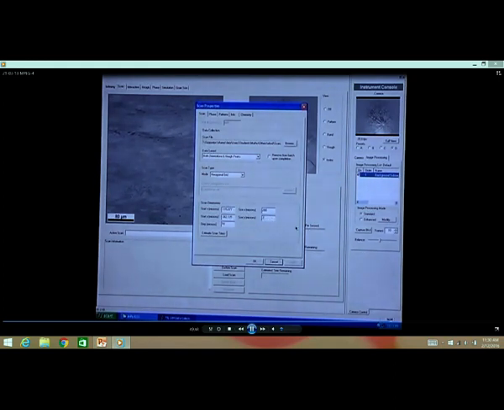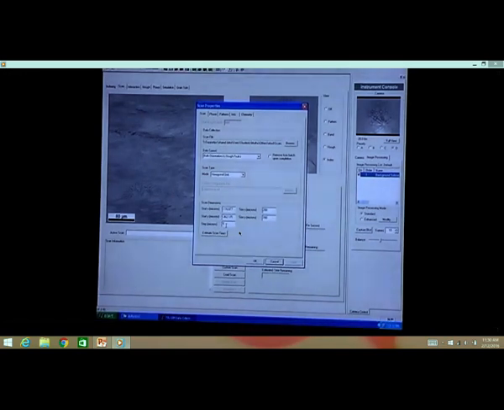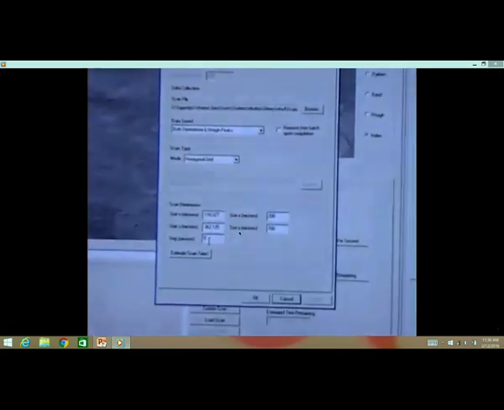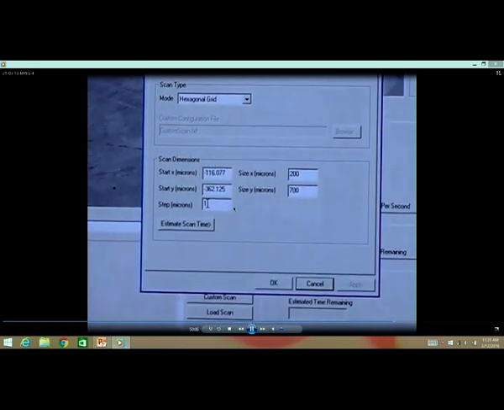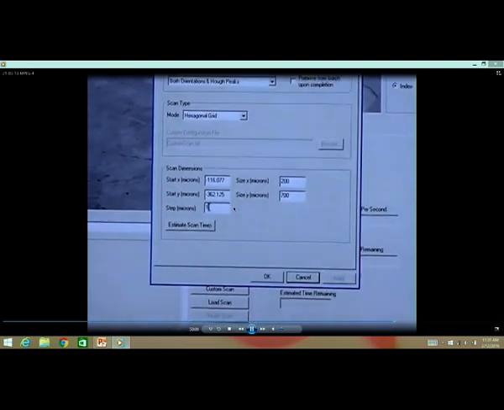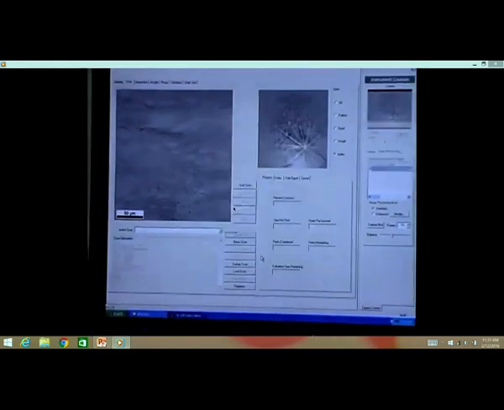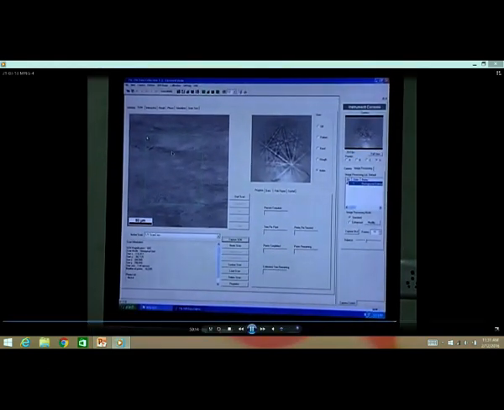So, the area is being selected, and also the step size. There is something called a step size. That means the minimum distance an electron beam has to travel after it scans one spot or one location. That is the step size. Here 1 micron is selected. That means the electron beam will move 1 micrometer after it collects one signal, that is one crystallographic data point, to another region. So you have to be very careful about the step size.